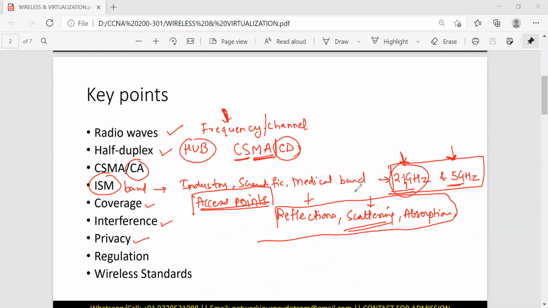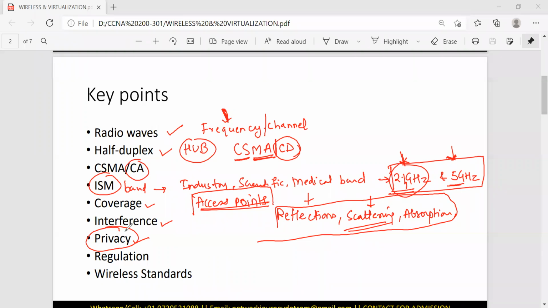Another very important concern for all of us is how we can ensure security. Can we ensure the same level of security which we consider for a wired medium? When we talk about the basic difference between wireless and wired, the major concern is nothing but privacy and security. Security is a very important concern, because your traffic is on air and it can be easily captured through different